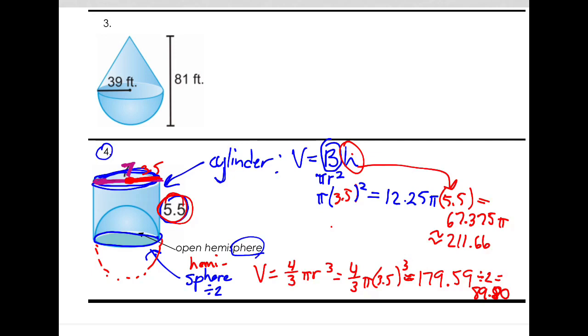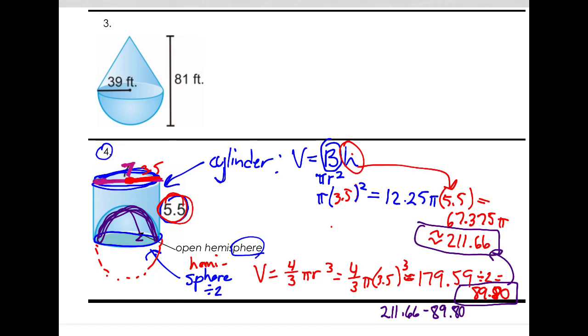Alright, so now we have our 2 numbers, but you must pay attention because this is the cylinder, this is the hemisphere. We're actually taking the hemisphere out of, so this is once again open and kind of grooved in, so we're taking that out of the cylinder here. So let me pause because it's getting real noisy. Alright, so we should be doing 211.66 minus 89.80 because we have to take the hemisphere out of the cylinder, and that is going to equal